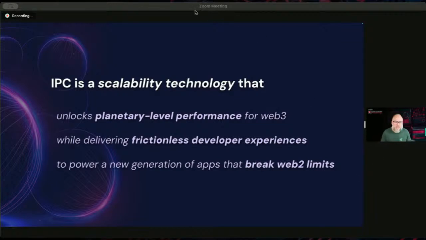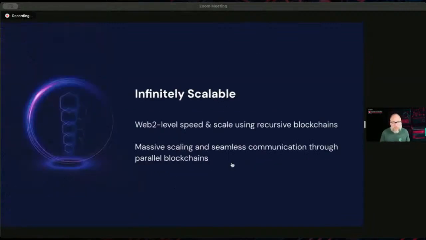The idea behind IPC is to create a hierarchical subnet system in which you can have subnets that might be as small as a data center, or might be as wide as a planet, or go between planets even, right? So the idea behind IPC is it's infinitely scalable because it allows you to create these recursive